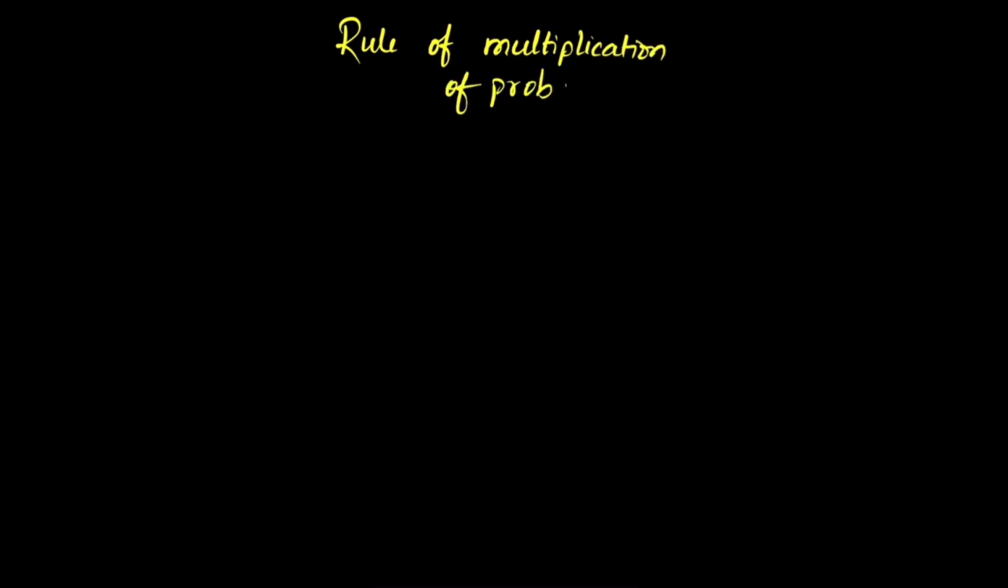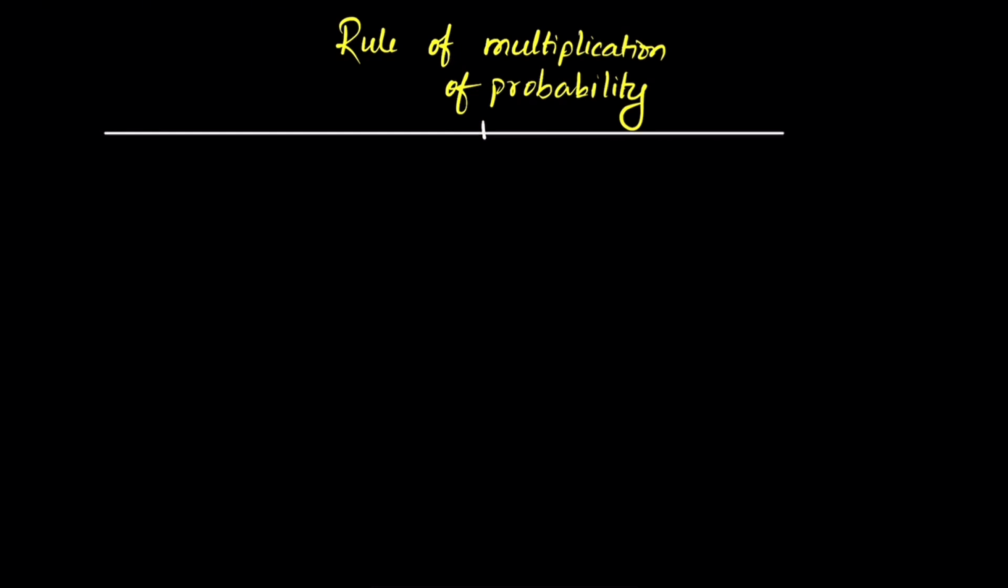Okay, one last revision for the whole thing. All right, so here's the thing. We are learning the rule of multiplication of probability. Under the rule of multiplication of probability, there are two different types of events that you need to know about. The first are your independent events,